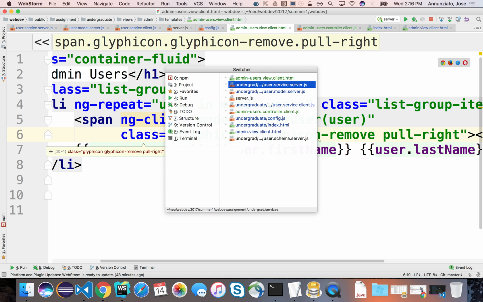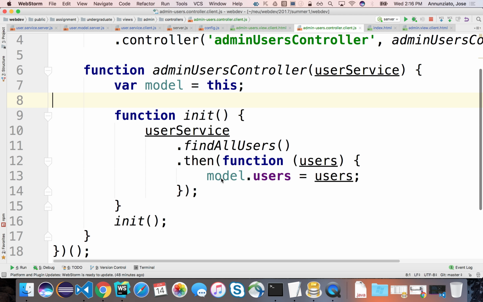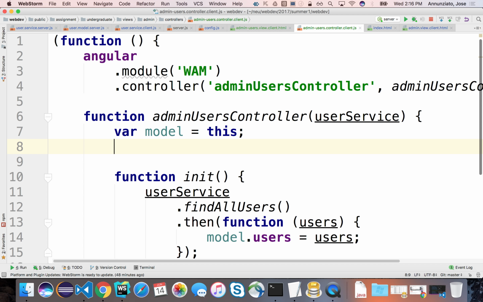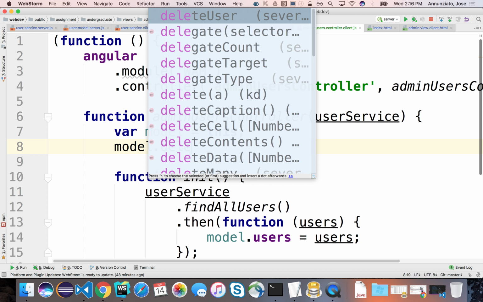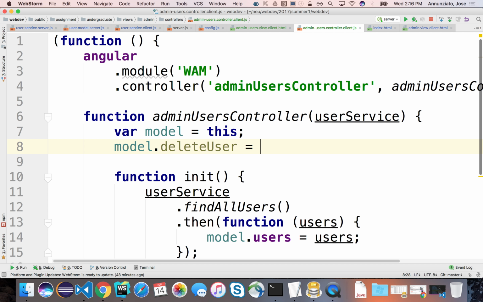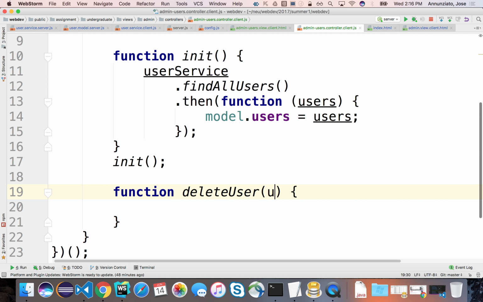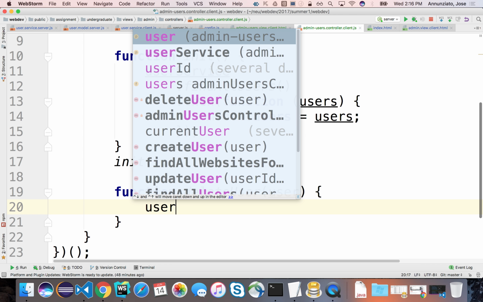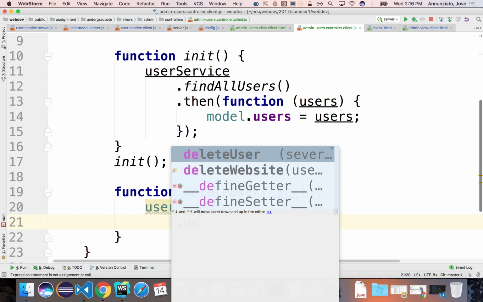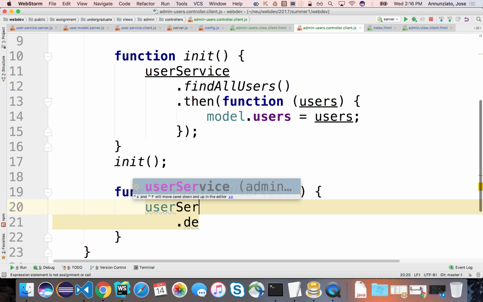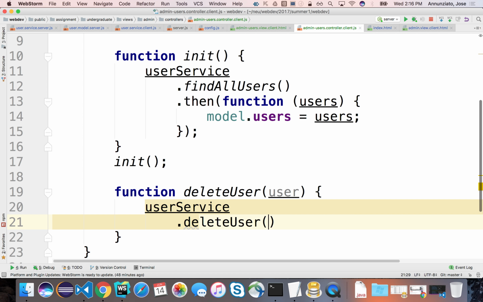So on the model, for the controller for this, where is it? Right here. We would have to handle that. This would be something like model.deleteUser equals deleteUser, and implement it down here. Function, here's a user, and we would use user service, not user model, sorry, user service deleteUser, and we pass in user. I think it accepts the ID. And once we have